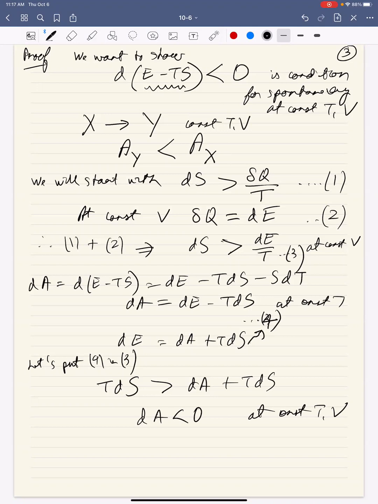Instead of thinking about path functions, if you have a constant temperature and volume process, you can just measure the change in Helmholtz free energy, which you have to take my word is way easier than if I ask Vanessa what's her Helmholtz free energy today, I don't think she would still have an answer. It's complicated, but you can measure it, right? By doing calorimetry, by measuring change in energy, by measuring heat and things like that. It's more tractable than